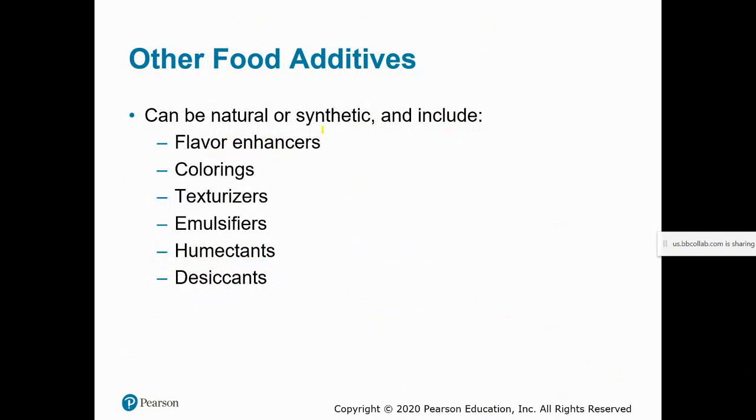Other food additives. Interestingly, we don't go into great detail about these in this course, but these are 6 categories of food additives. Food additives are very, very common. Some are totally benign, others are not necessarily. We have things that are added into our food to enhance the flavor. Monosodium glutamate, or MSG, is maybe one of the most commonly known. We have food colorants, some of which are naturally occurring, like beet juice, others which are completely synthetic or artificial, and some are indicated as potentially being carcinogenic.